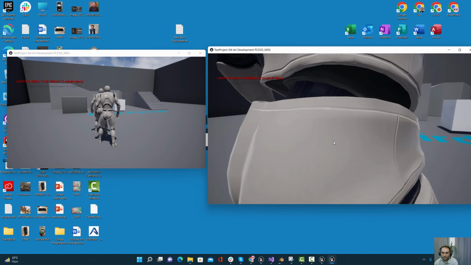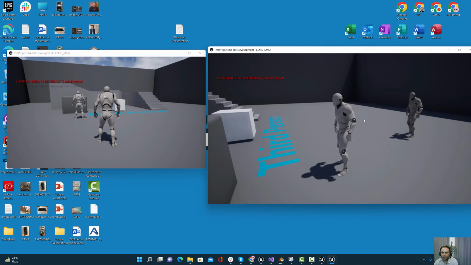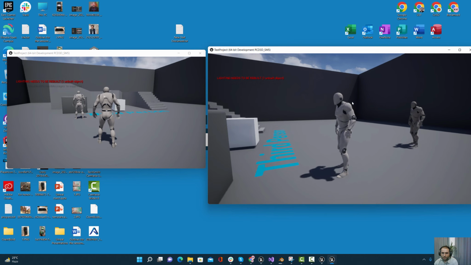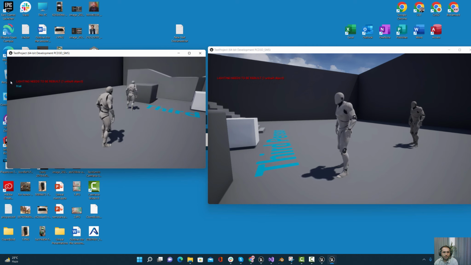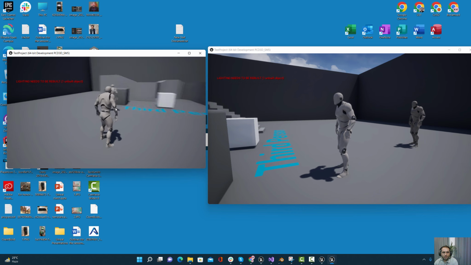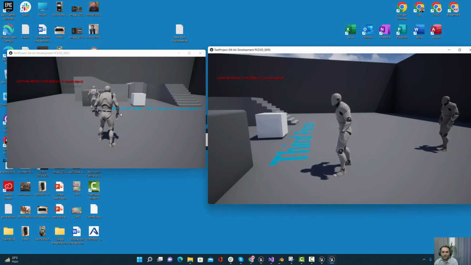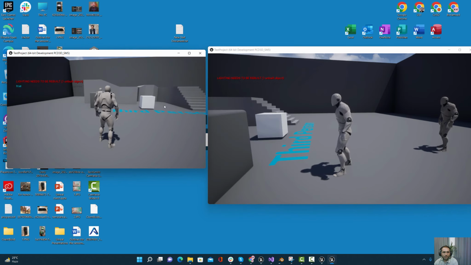Here you can see both players are connected, and now if I press Z on this instance, you will see only this instance is printing the true statement. If I press the Z key on this instance, you can see the true statement prints over here only. So this is the very basic functionality that you will need very often when you are making